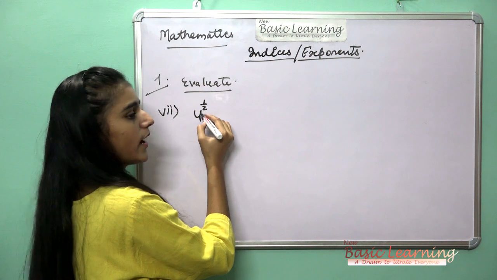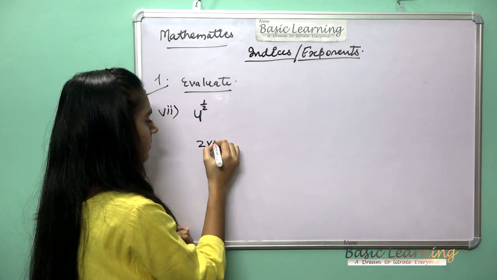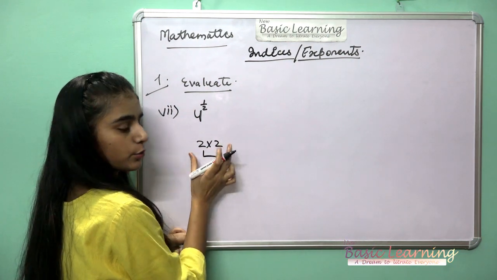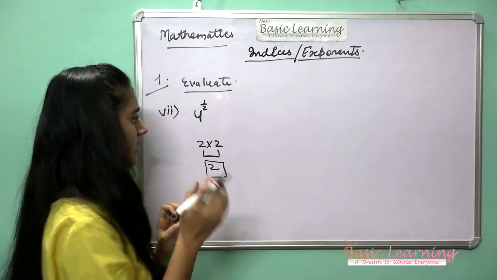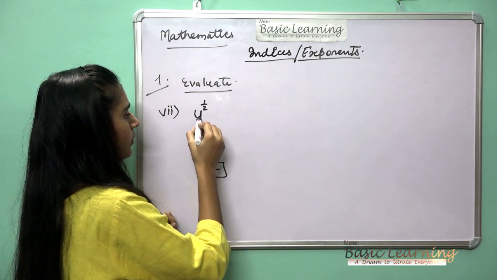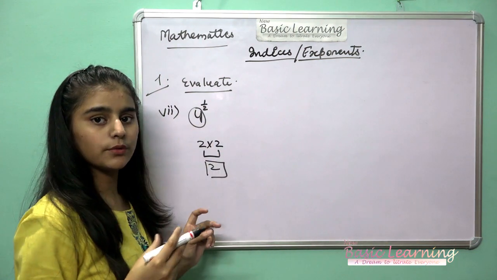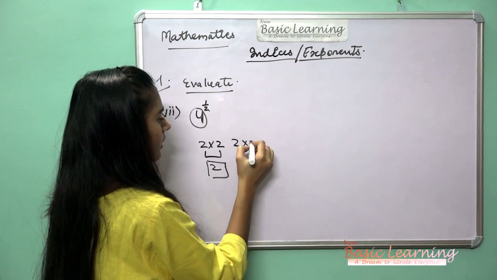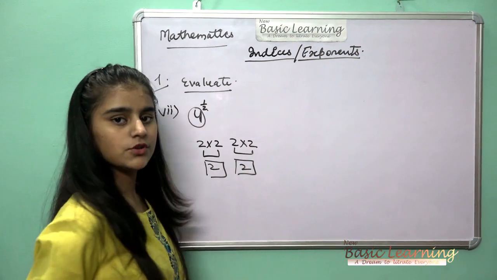When you do the square of 4, we get 2. And when you multiply this 2, when we take out the common from this 2 into 2, you get 2. This is the simple answer. I am telling you again that the square of 2 is 4. So we write it once, and we write this 2 at once. So when we take out common from this, we get 2 as the answer.